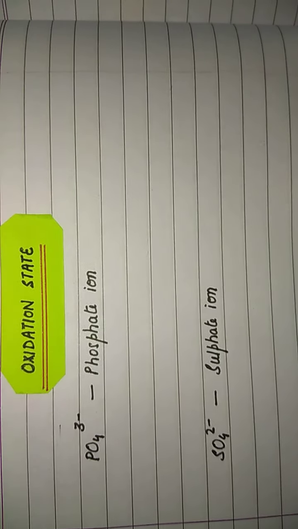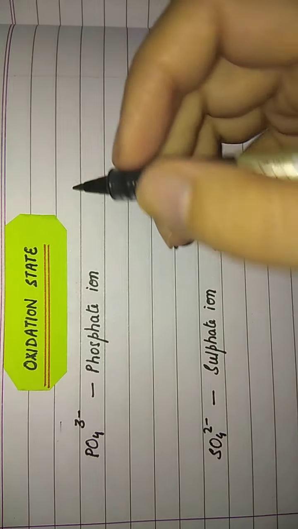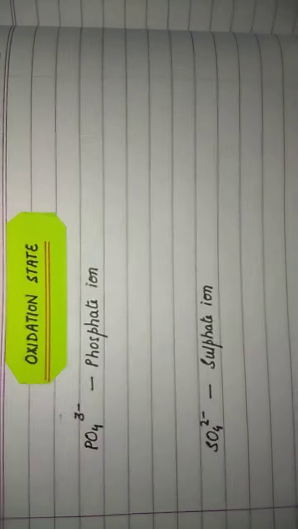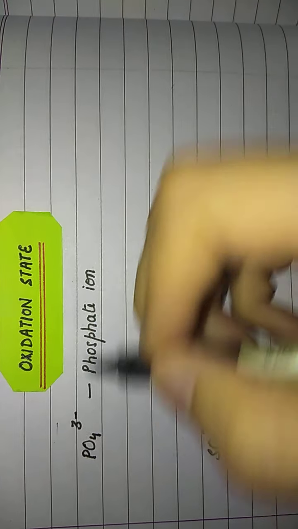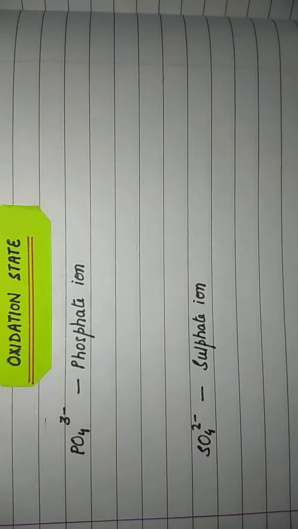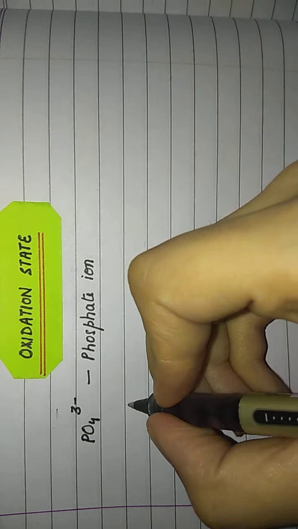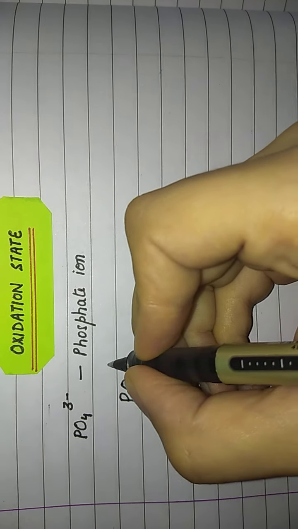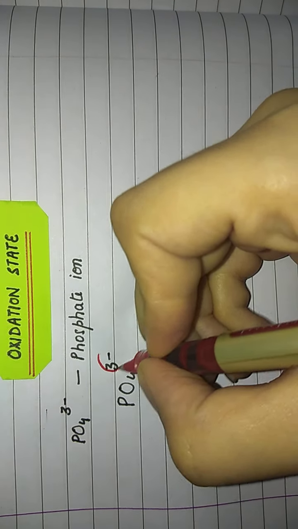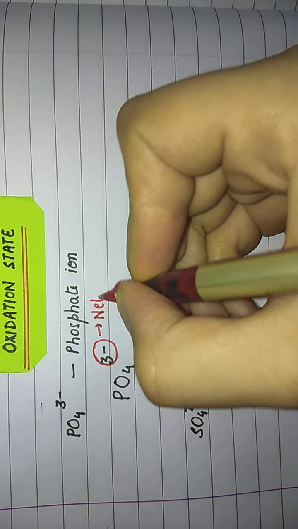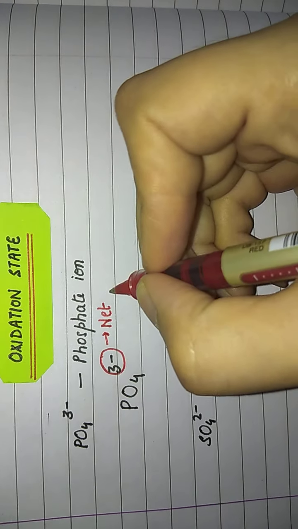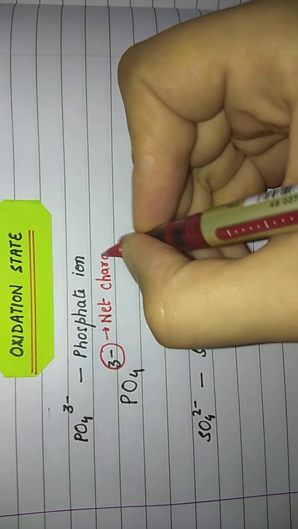+4. So till now we have been considering all the electrically neutral molecules which have no net charge on them. Now let us consider some polyatomic ions and see how we can calculate the oxidation states in polyatomic ions, which are not electrically neutral as a whole. Now the phosphate ion, you already know the formula of this ion. You've done this in class 9th and 10th. PO4 3 minus. Now what is this 3 minus here? 3 minus is the net charge, the overall charge present over these atoms. This is the net charge, the total charge.